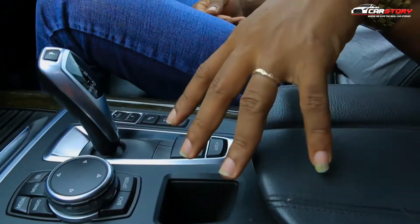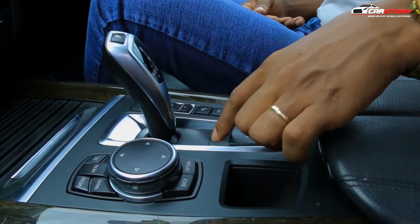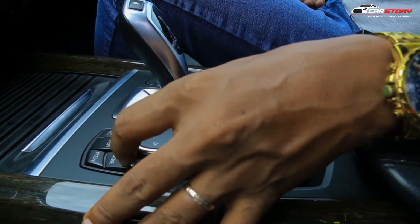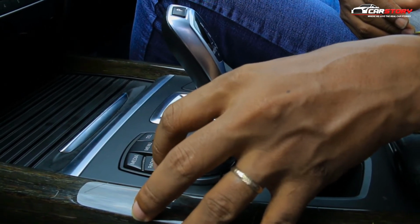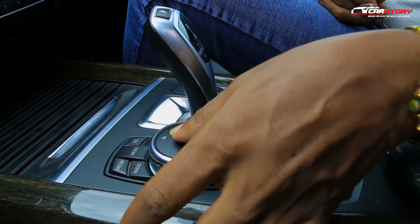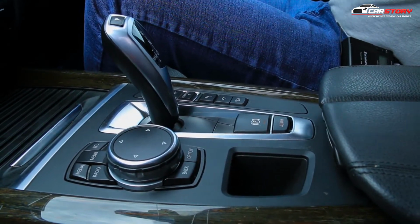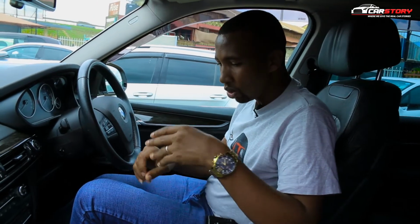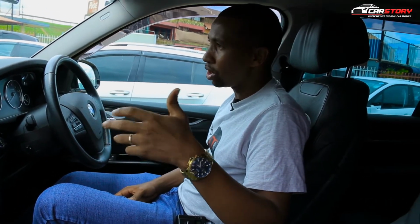So this car comes with an electric handbrake. This is where you control your handbrake, and also this particular knob here is where you control your stereo system. You can control also your climate status here, and all these things you can have them, especially the climate, the lighting, the suspensions, you can have them on automatic. So you can decide to have your internal climate on automatic. So this is where the car senses if the car is too hot or too cold, and it adjusts